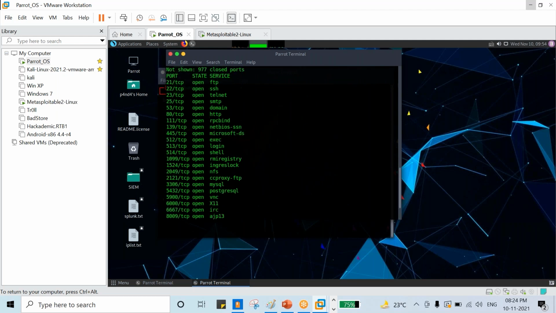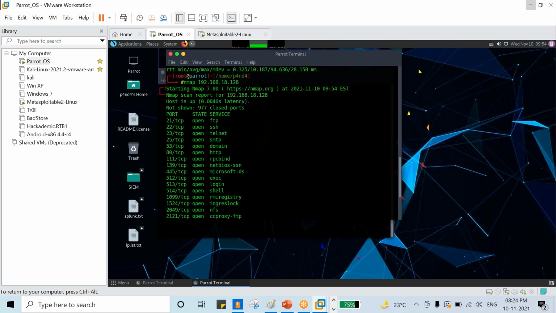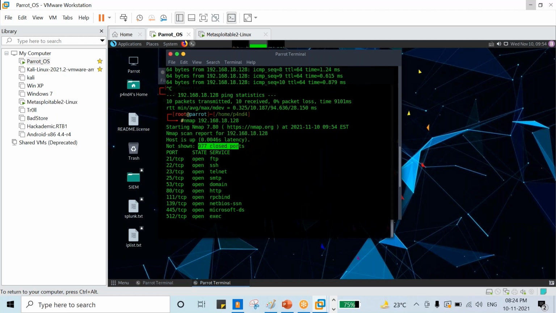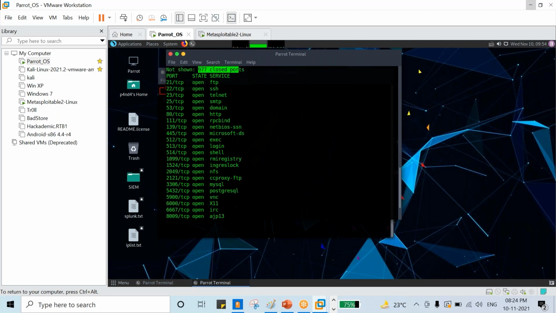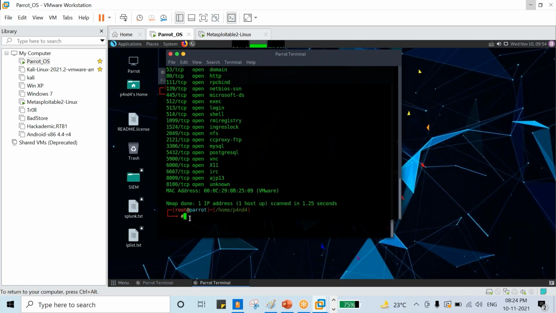Yes, you can see what happened. It scanned only 1000 well-known ports. But in our systems, how many ports do we have? 65,536, and only 1000 well-known ports were scanned. Now I would like to scan all the ports. For that, there is a command, nmap -p-.